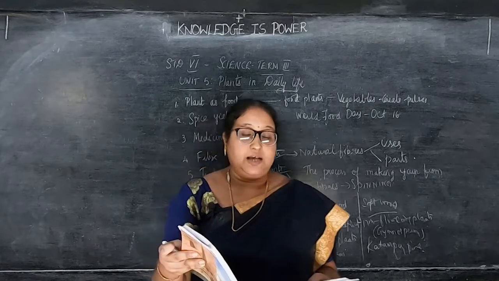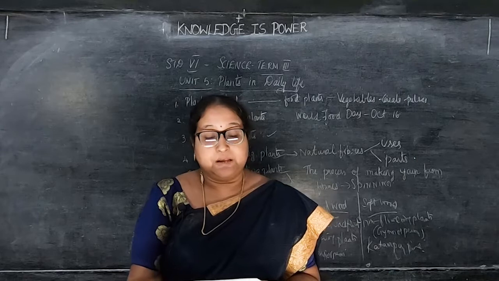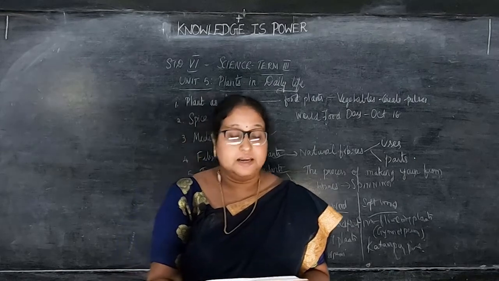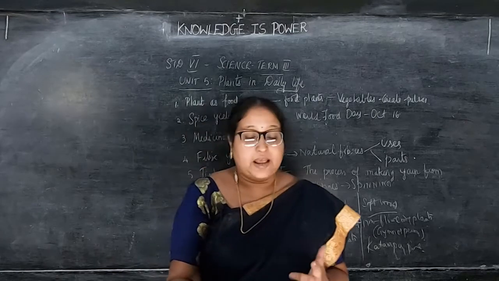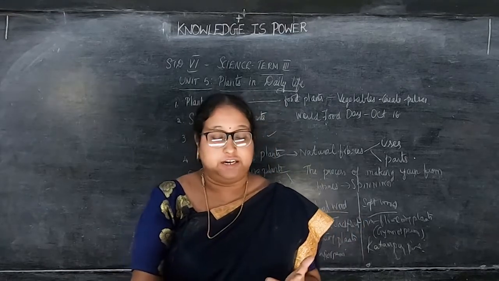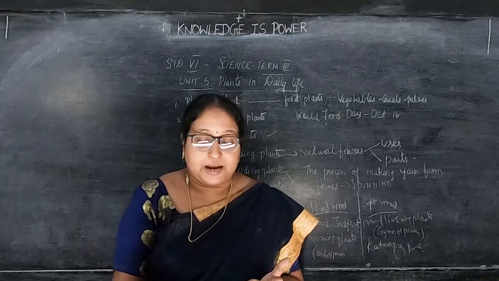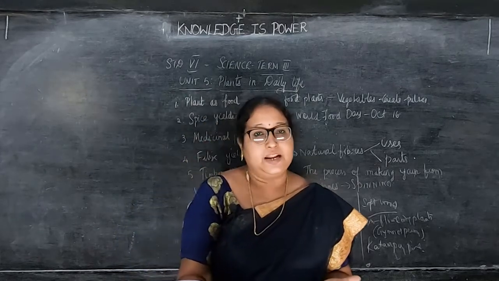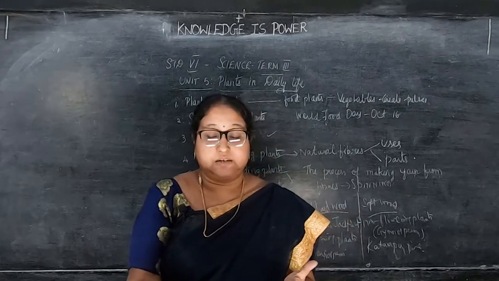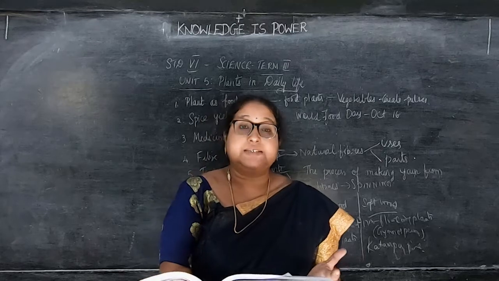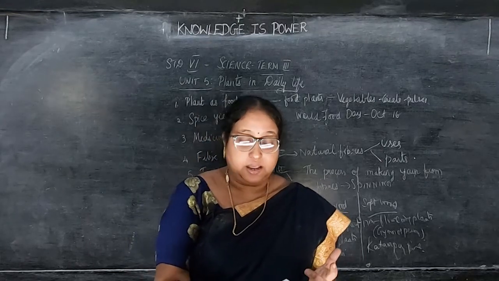Next, we are going to see the other uses of plants. First is to maintain soil fertility. Plants maintain soil fertility through their droppings and shedding of leaves. Whatever they drop, like fruits, leaves and other parts, degrades in the soil to form humus. Humus means what? That is the substance made from the dead leaves and plants which is put on the ground and helps the